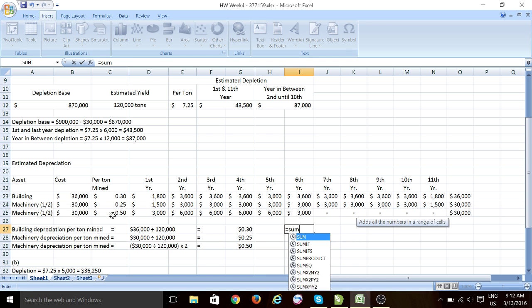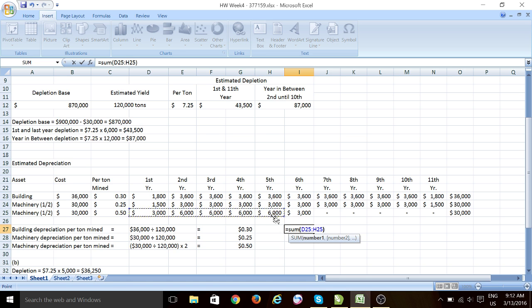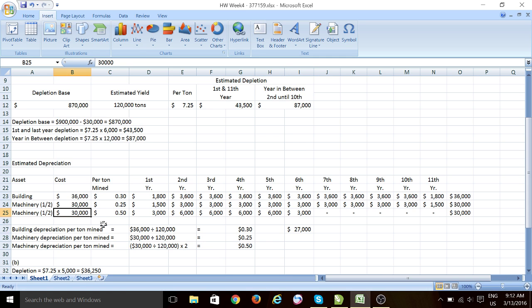If we sum the first till the 5th years, we will have 27,000 of accumulated depreciation, but the cost is 30,000. So how much cost do we need for the 6th year? 3,000, of course. It's 30,000 minus 27,000, and it's also because it lasts for 5 years and a half,